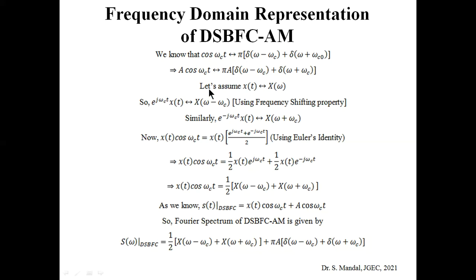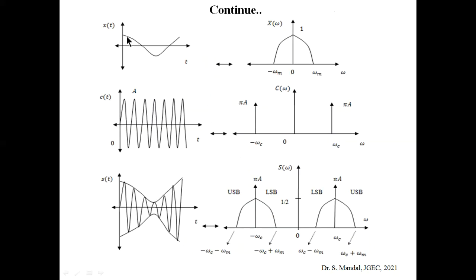So again, now let's assume the Fourier transform of x(t) is X(omega). Consider this is an arbitrary x(t), and its Fourier transform is like this. We are not saying that it is sinusoidal, but we are assuming that for an arbitrarily shaped x(t), the corresponding spectrum, or Fourier transform, will look like this. So this is basically X(omega).